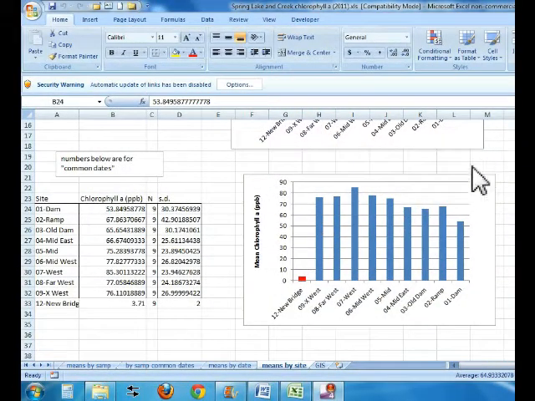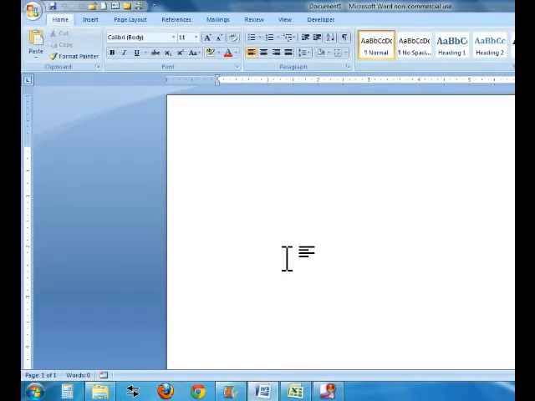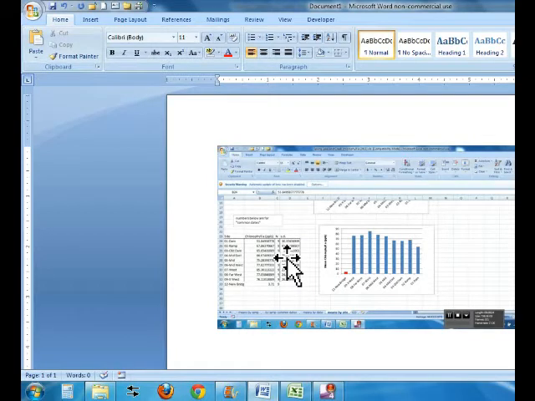So now you're looking at an Excel spreadsheet, and I've got a nice little graph here that I want to put into a Word document. There are a number of different ways you can do this. They all have their pluses and minuses. The absolute easiest way is to do a Windows screen capture. Basically the idea is you just hit Print Screen on your keyboard, and that takes a picture of the entire screen. And if I come over to Windows, now it's taken that picture, it's put it on the clipboard, so I'm going to hit Control V, and you can see here